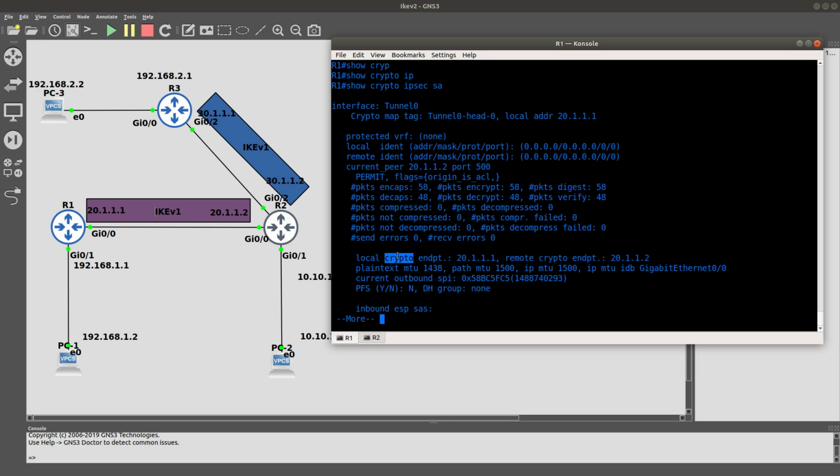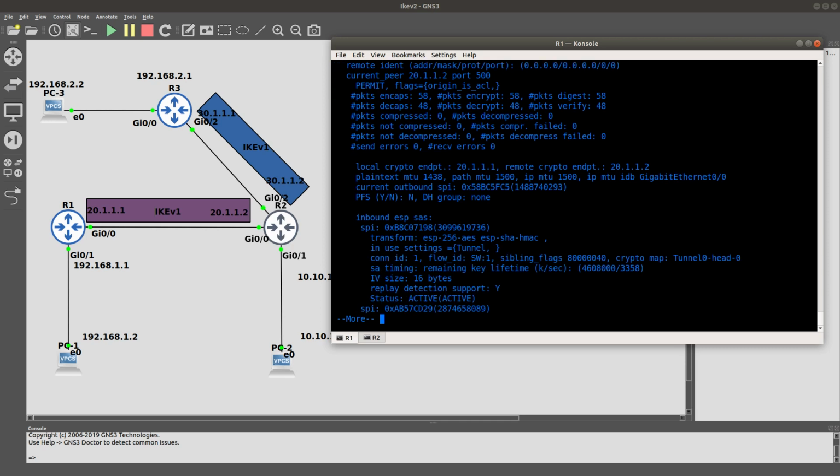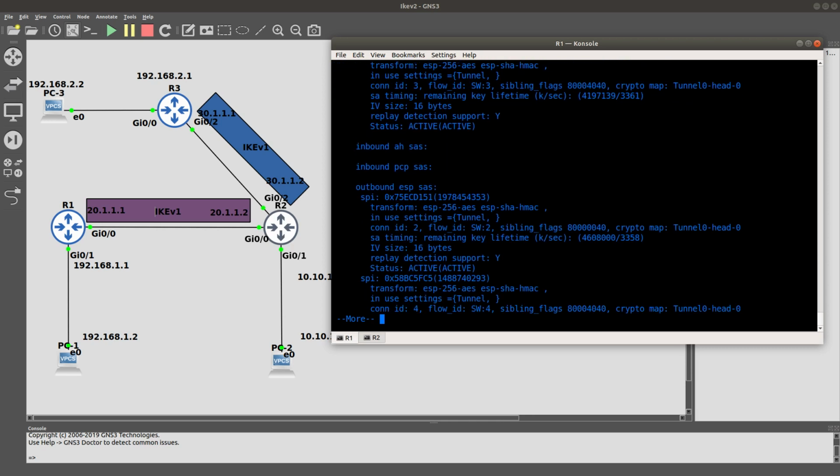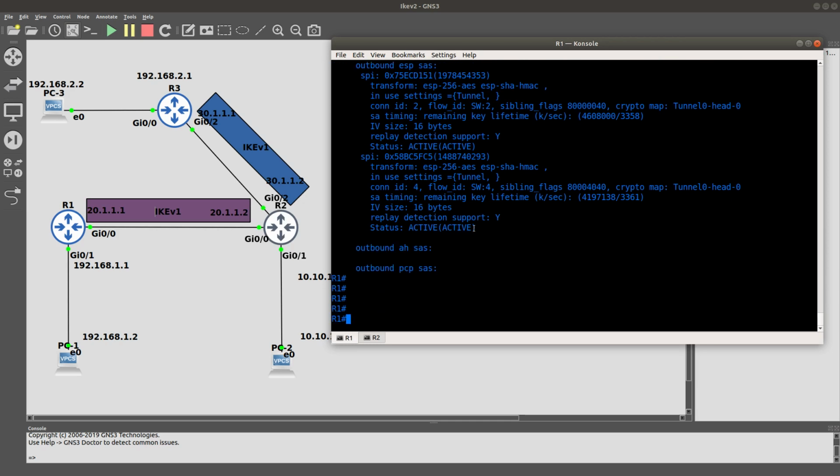And you can see that the local crypto endpoint is 20.1.1.1 for router 1, and the remote is 20.1.1.2 for router 2. The MTU is 1500, and the IP MTU is also 1500. And the source is gigabit 0/0. Diffie Hellman, and all that stuff is good over here. So it is working the way we want it. So now